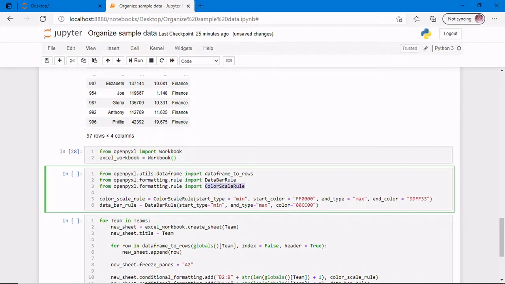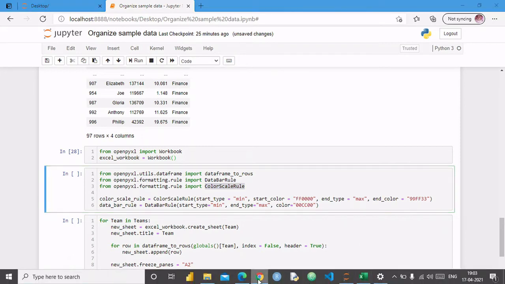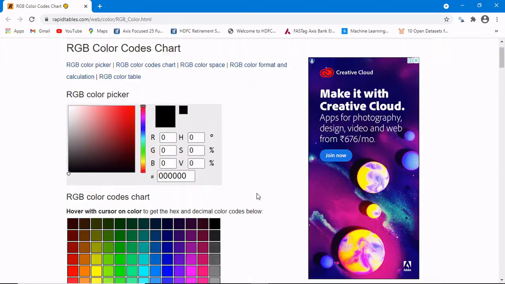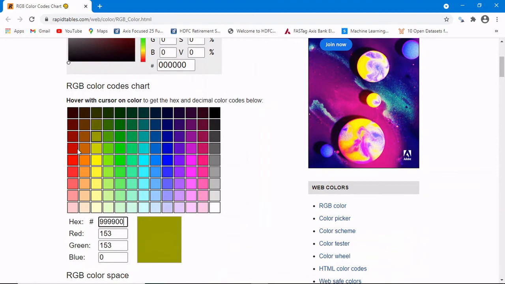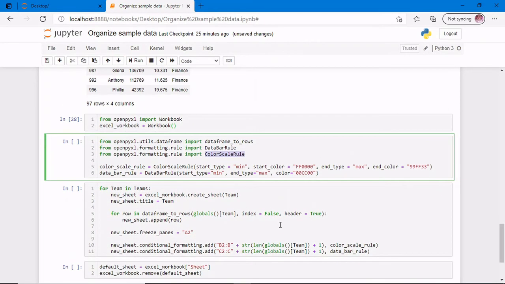In case you are wondering how to see what that hexadecimal color code is, you can go to rapidtables.com and see the hexadecimal color code for any one of these colors and then substitute it there. Right now I have chosen green and red: the start color as red and the end color as green. So the maximum value will have green and the minimum value will have red.